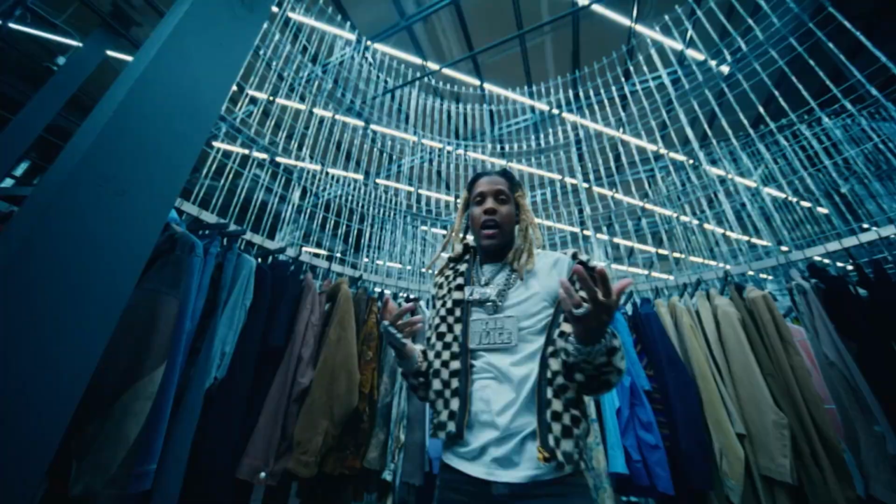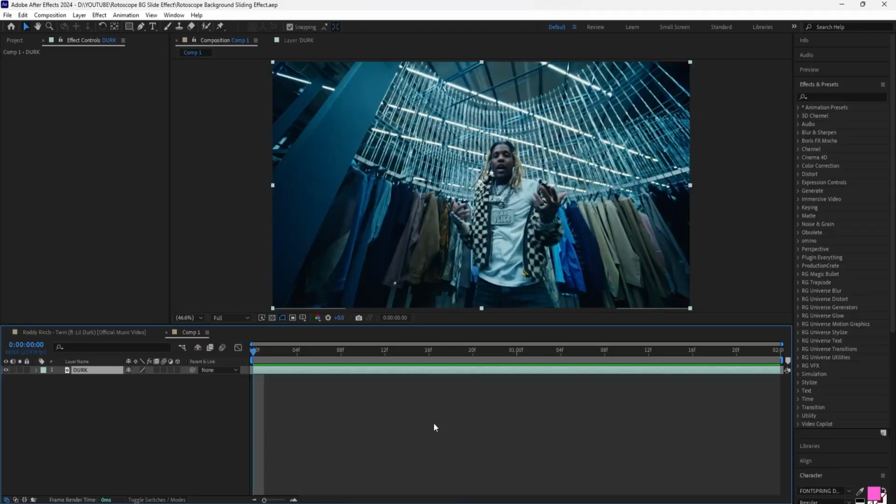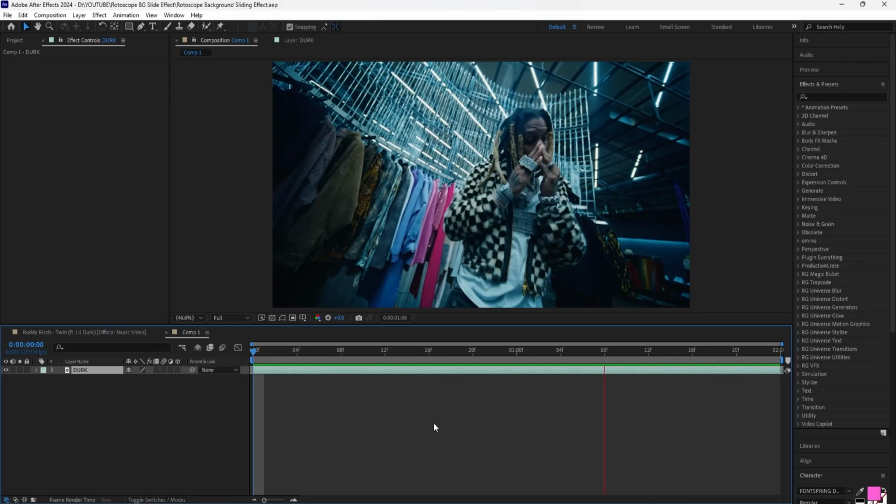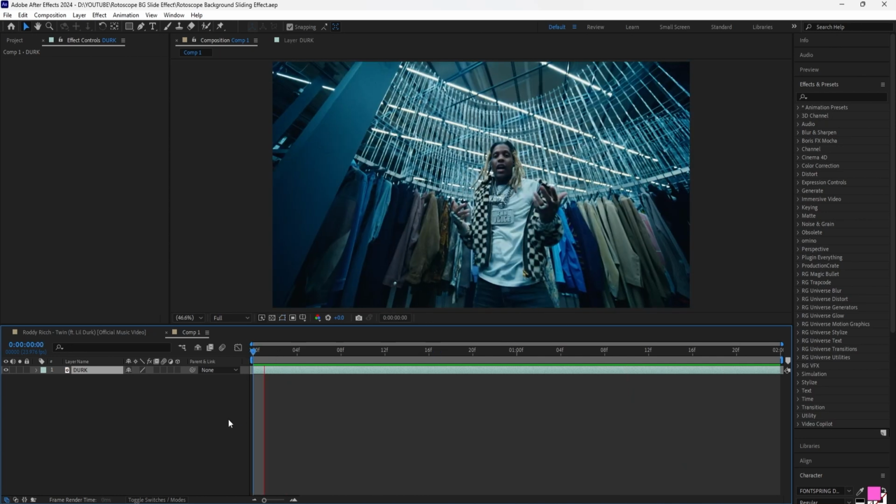In this tutorial I'm going to be going over this distorted background sliding effect inside After Effects. It's a lot more simple than it looks once we actually break down the transition. So here in After Effects I have this clip playing from the Roddy Ricch and Lil Durk music video, and